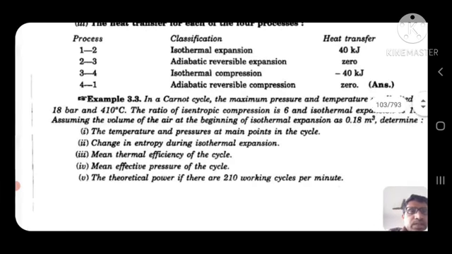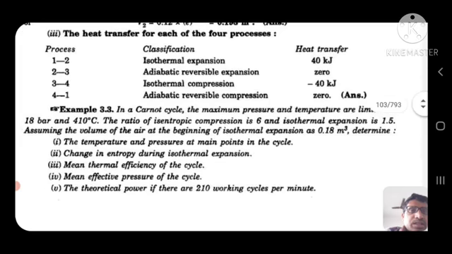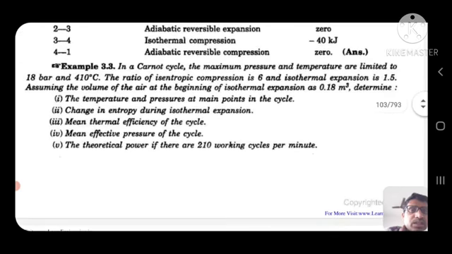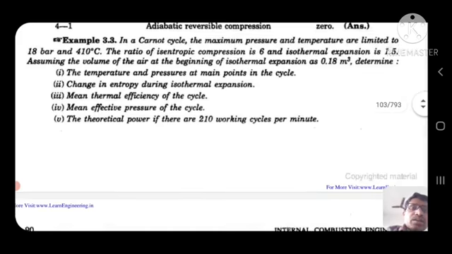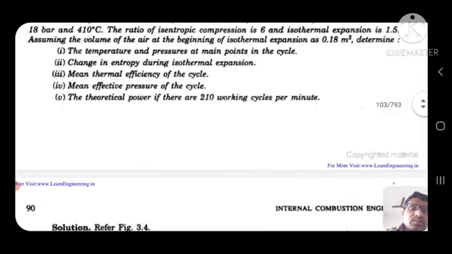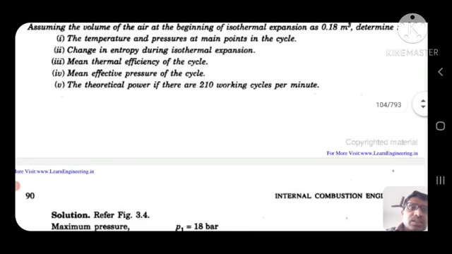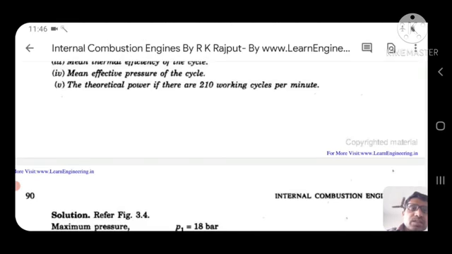In a Carnot cycle, the maximum pressure and temperature are limited to 18 bar and 410 degrees centigrade. The ratio of isentropic compression is 6 and isothermal expansion is 1.5. Assuming the volume of the air at the beginning of isothermal expansion is 0.18 meter cube, determine the temperature and pressure